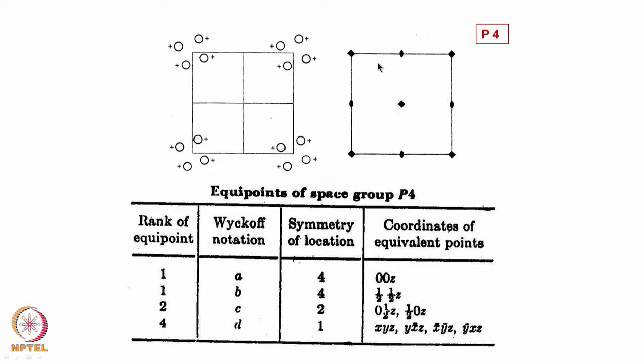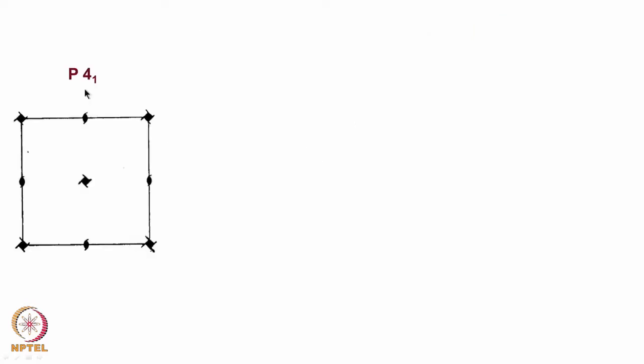So if I put the motif at a random point or a general point, which has only 1-fold symmetry, the symmetry of the location is 1, then there are 4 equivalent positions where the atom has to be kept. In this unit cell, if you see, one is kept here, one has come here, one here, and another one here within the unit cell. Others, if you can see, are outside of it, correct? This is the same thing, because I am considering it is a 4-fold.